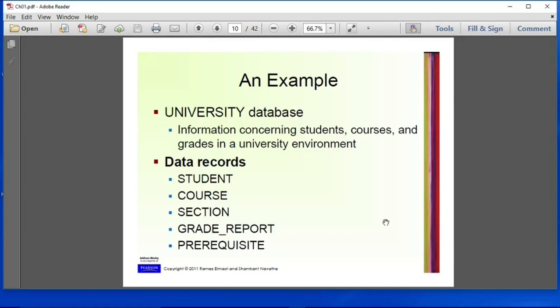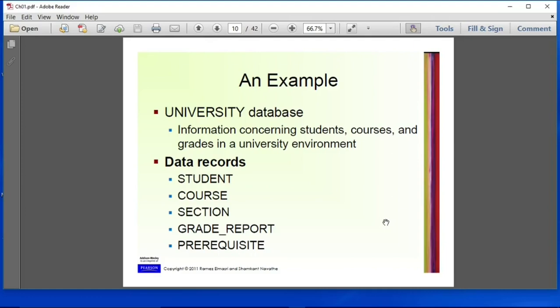You can also have your own database. You can write your own set of programs to create and maintain a database. Bigger industries do that. They write their own maintenance mechanisms, and they create their own security software, everything.